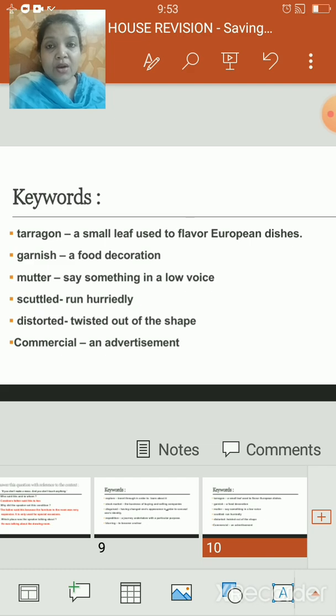So, yes students, we are going to end this particular revision over here as almost everything from this lesson has been covered. Now, a very important point is you are supposed to read this lesson again and learn the question answers. We have also given you notes, and today also we have done a small revision with the question answers and reference to the context. So make sure, children, that you go through it properly, and wish you all the best for your examinations for this particular lesson.